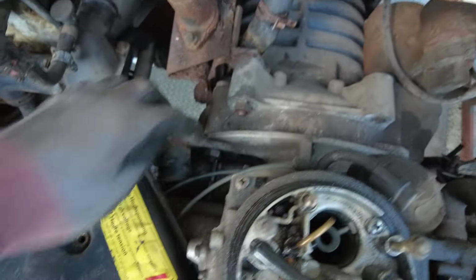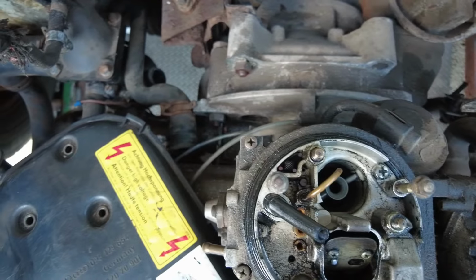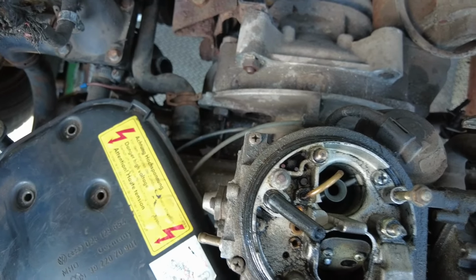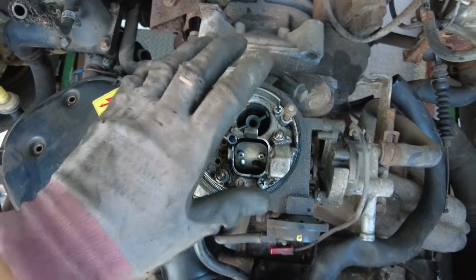Back to the engine bay, we're going to loosen the two top gearbox to engine mounts there, the two bolts or nuts, so we can start to separate the two. There's two left at the bottom which are holding everything together, and they're going to stay on for just now. And then once we've taken these two top nuts off, I'm going to recover this because I don't want to